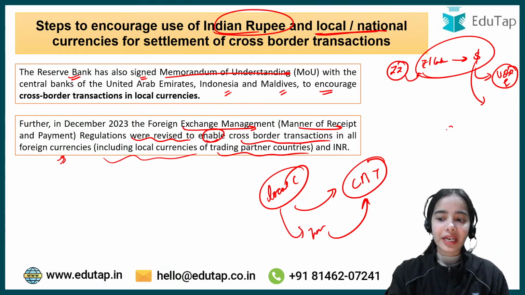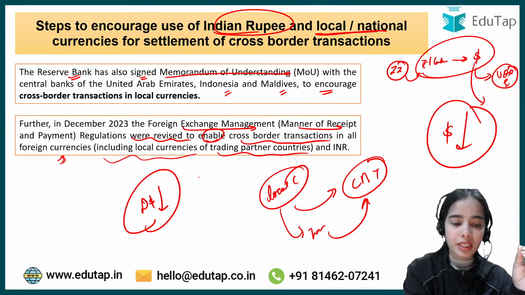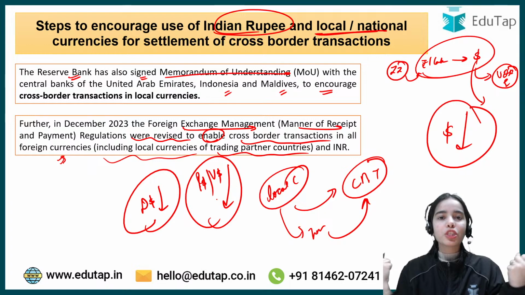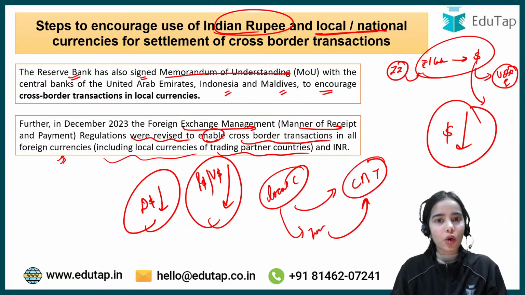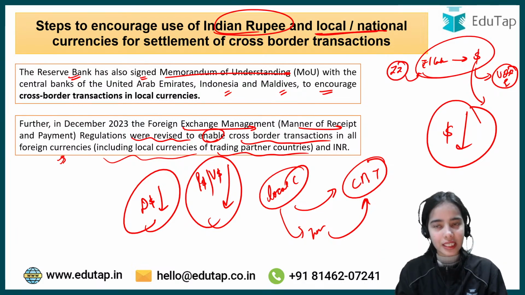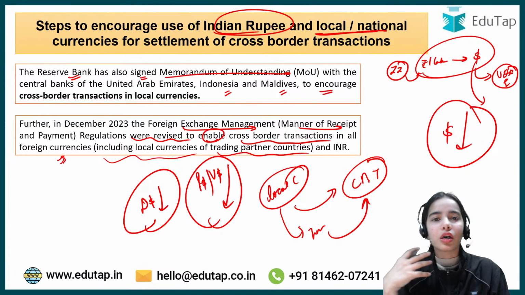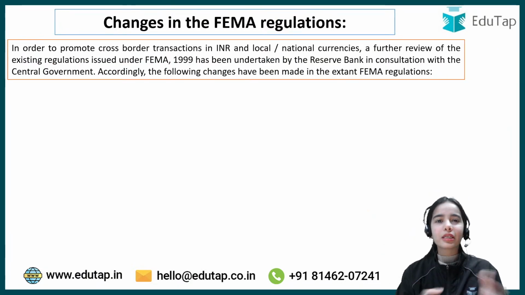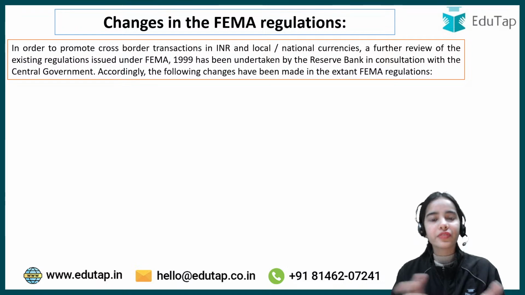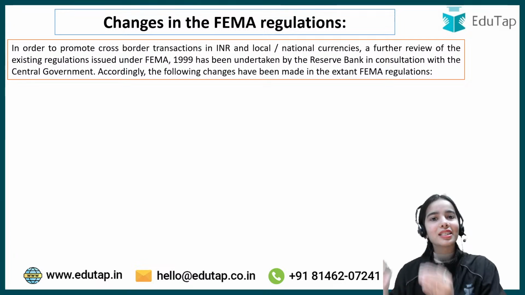So we are trying to reduce the usage of dollars, because as the demand for dollars decreases, the price or the value of dollars also decreases. The dollar is becoming so strong, appreciating so much right now, that if we reduce the usage of dollars, its power, its value, its price will decrease. And that's why the president of the US is so afraid and is saying that we will put tariffs if you try to not use dollars. So you can understand that we are trying to reduce the usage of dollars, because less demand for dollars leads to a lower price and less value of dollars.